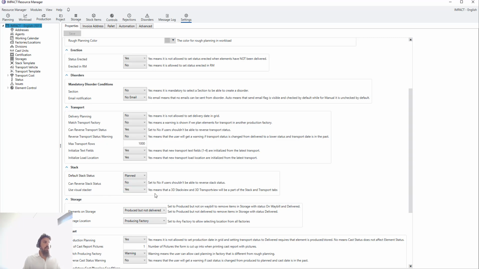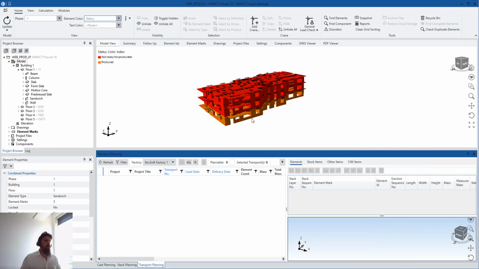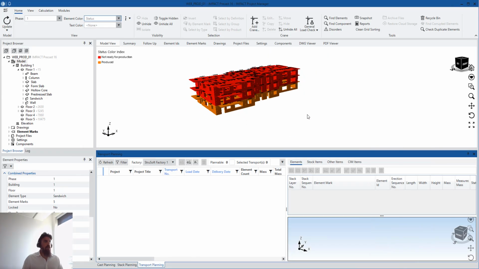In this case, I'm using yes, because this is what I would like to do. Yes, that is with the settings in the resource manager. Hopefully we are not going to use the resource manager so much today, because as you might well know, a transport is usually made per project. So when I create a project and when I have my elements in the project, then I want to create my transports. In my case here, I will take floor 1 and